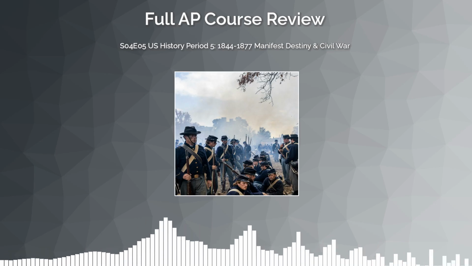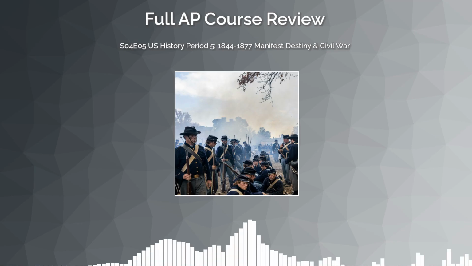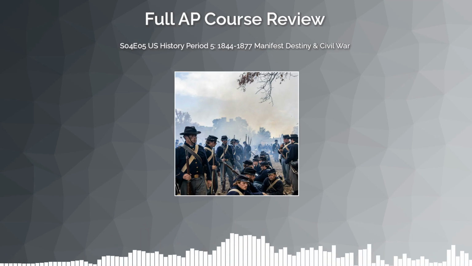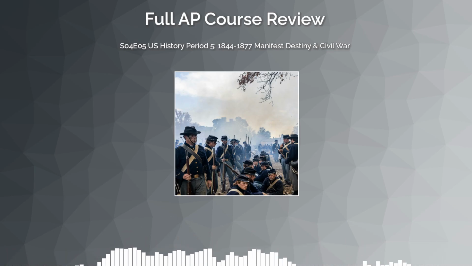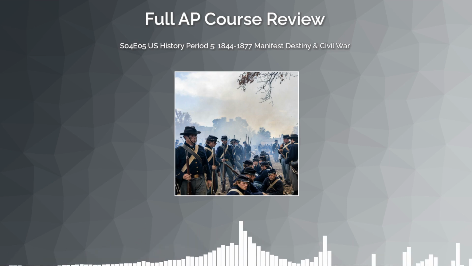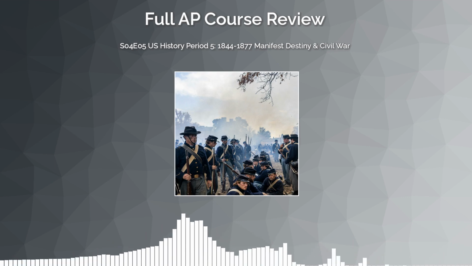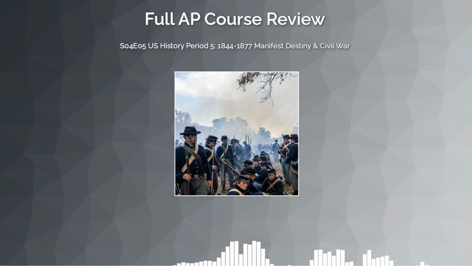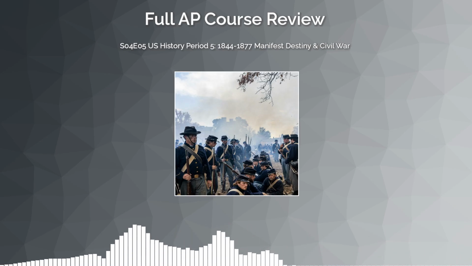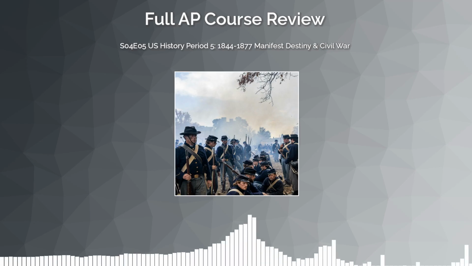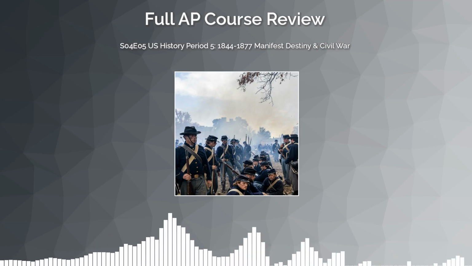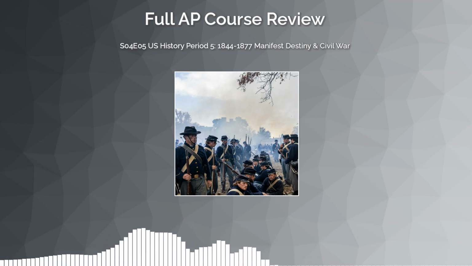A useful mnemonic for the Reconstruction Amendments: freedom, citizenship, voting, 13, 14, 15, in that logical order. Each builds on the last, just like the political struggle itself. One more pitfall to avoid: don't characterize Reconstruction as simply a Northern imposition on a helpless South. Black Southerners were active, creative agents in shaping this period. They fought for their rights, built communities, and demanded the promises of the Constitution be honored.